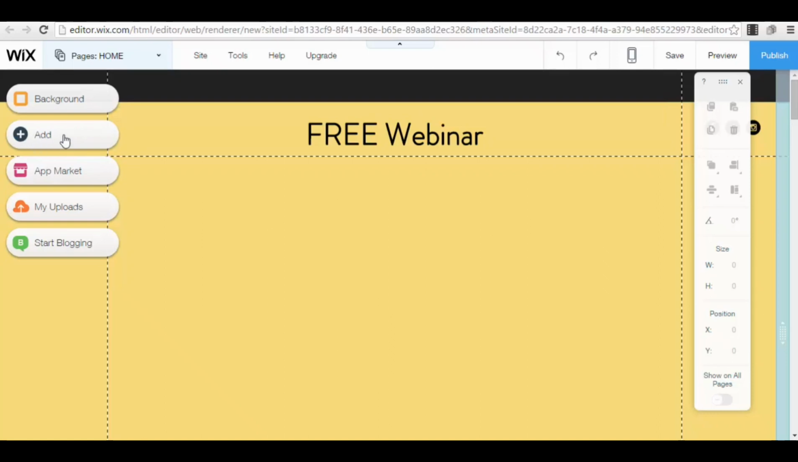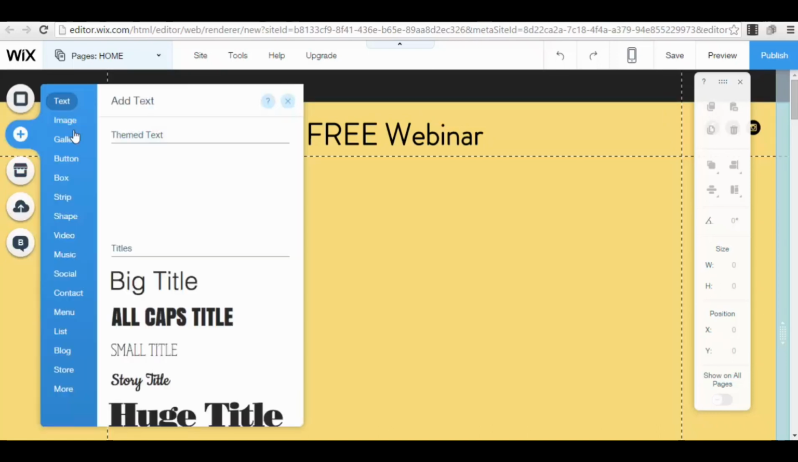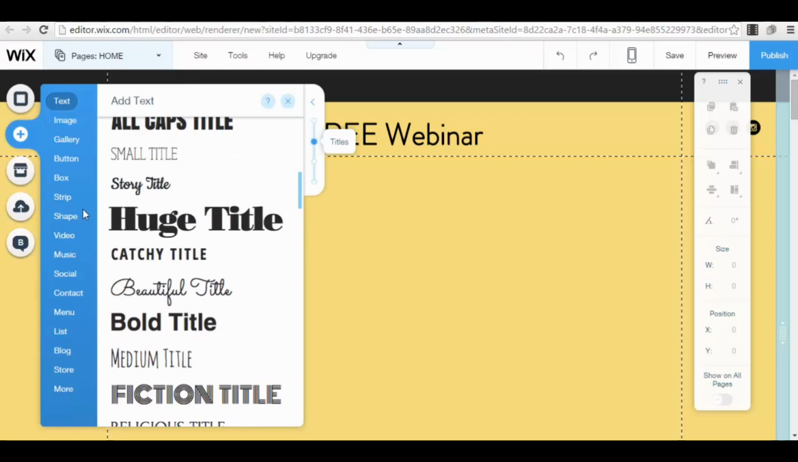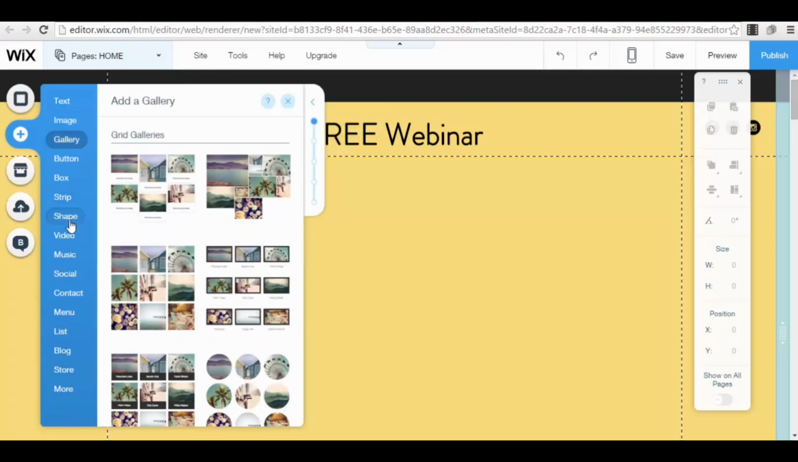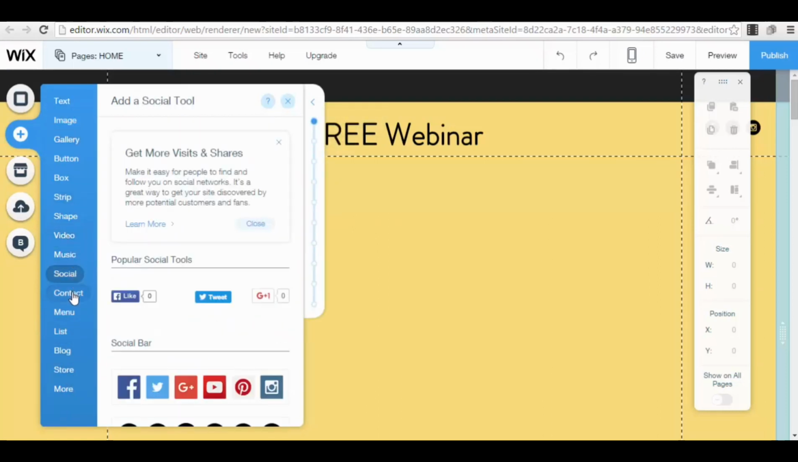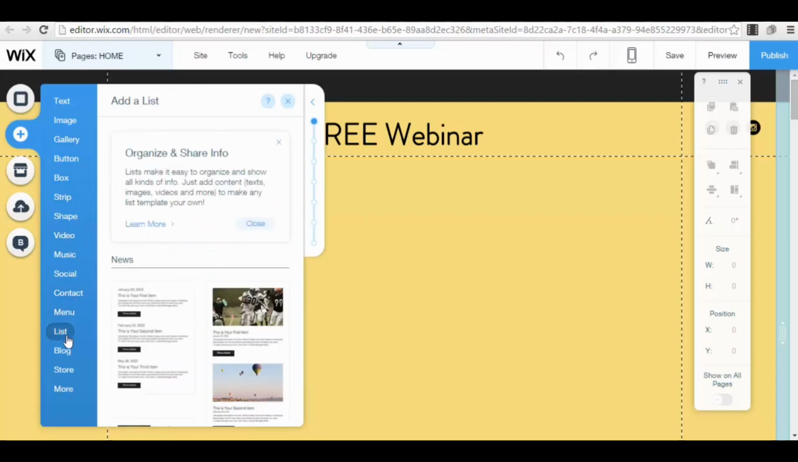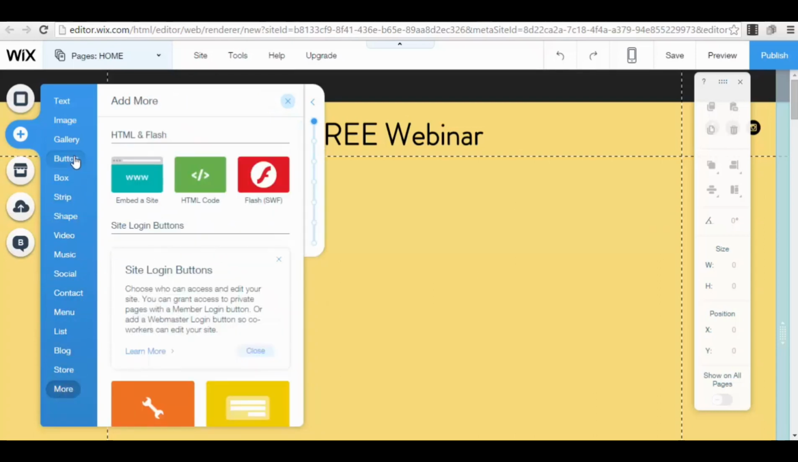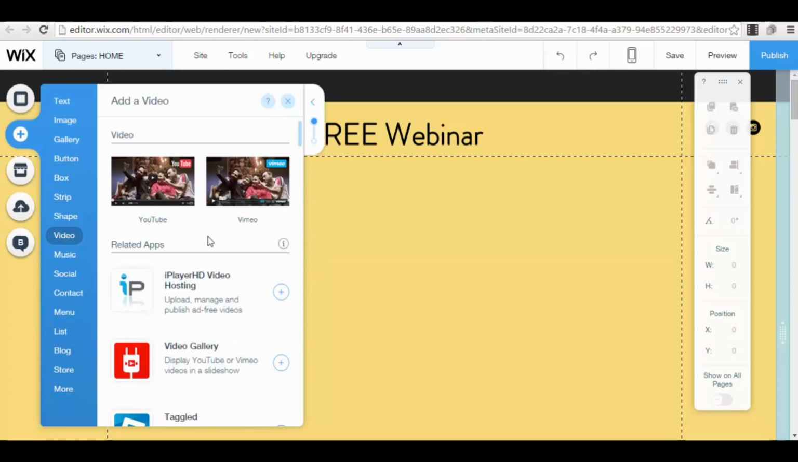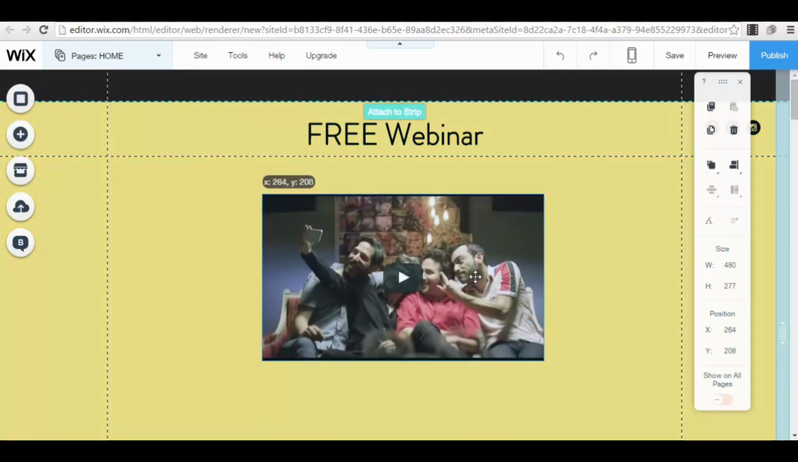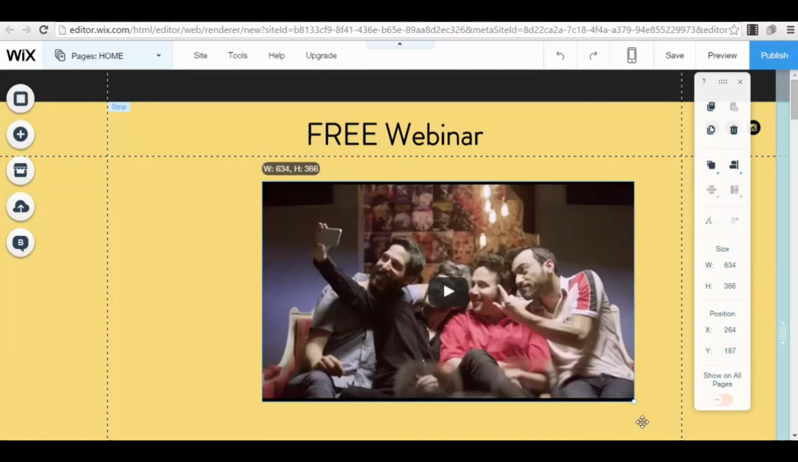Okay, now you go to this option here, the button add. And here you have different options: shape, video, music, social, contact, menu, list, blog, more. You go to the video part and you select, for example, YouTube. That is if you want to embed here on your page the link that your Hangout or your webinar will have for YouTube. So you just press the YouTube button, you select the size that you want,